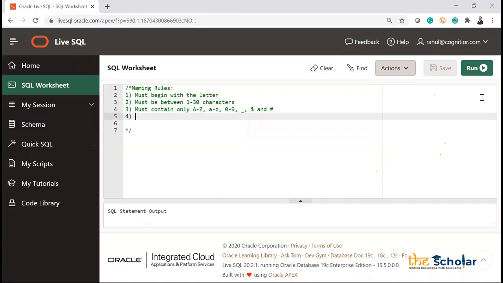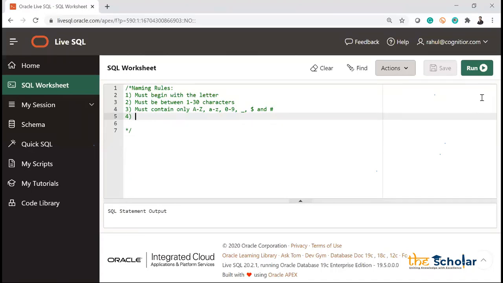Then suppose, if you guys remember, I told you about the HR schema, right? So HR is one user actually. Okay, consider that I'm creating a folder HR. Consider that it's a user, HR user. Now in HR user I have a table.